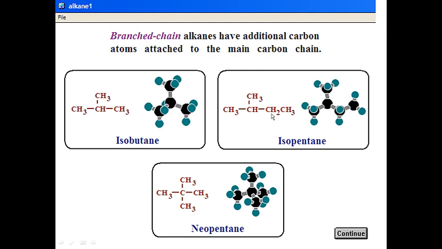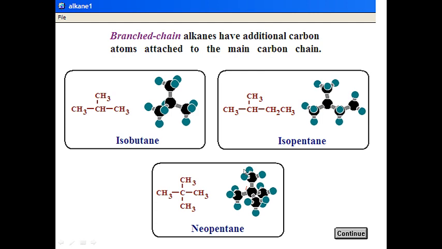Here's isopentane, where I've got the CH3CH group and 5 total carbons, again another branched alkane. And here's neopentane, which was the new pentane when it was discovered, and we've got 4 CH3 groups attached to this carbon. And so these 3 alkanes have slightly different shapes, and they're certainly different than their